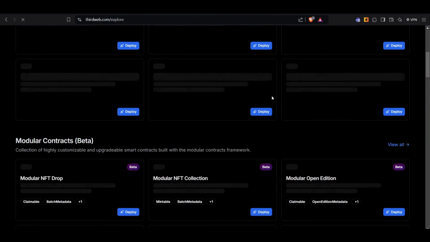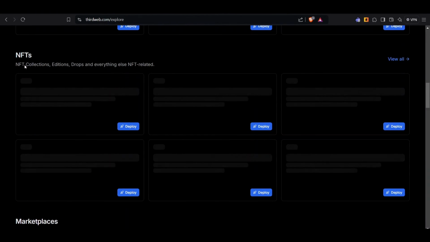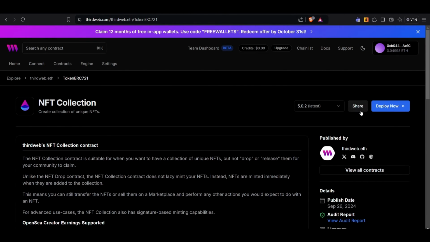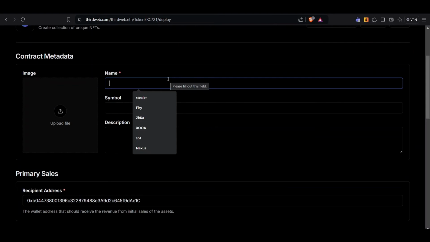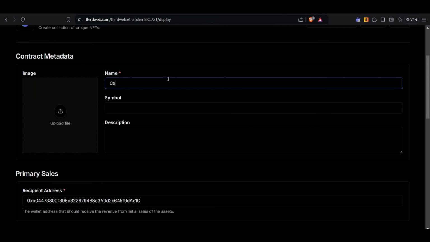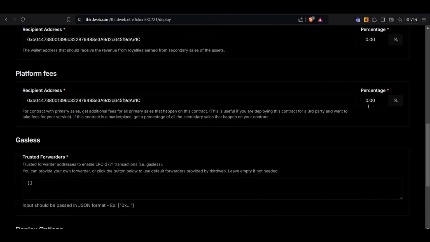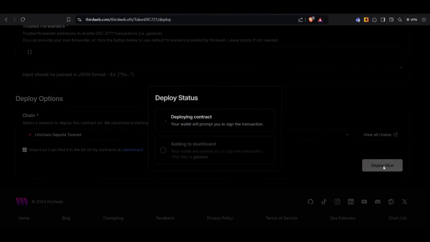Then you will be able to see NFT collection. So this is the NFT panel. We already deployed a smart contract and an ERC20 token. So we're just going to deploy an NFT collection. Just click NFT collection, deploy, then give your NFT collection a name. I'm just going to give something, console con. Just upload an image. Then you don't need to do anything. Just upload an image. So I uploaded an image. Then I'm just going to deploy it